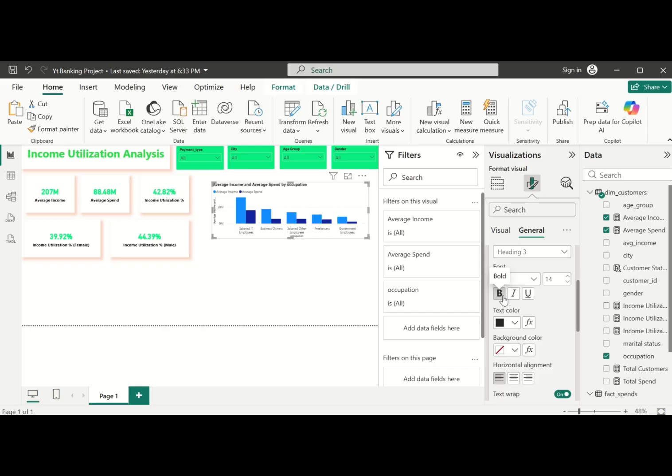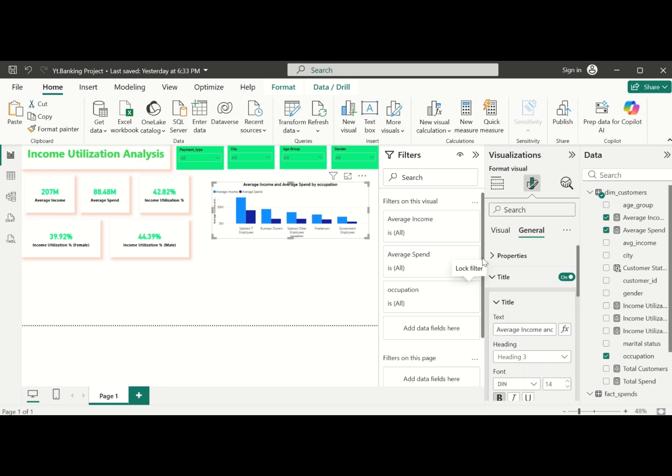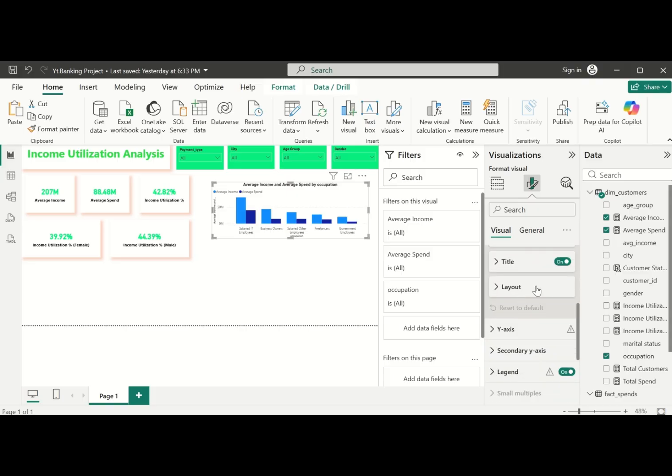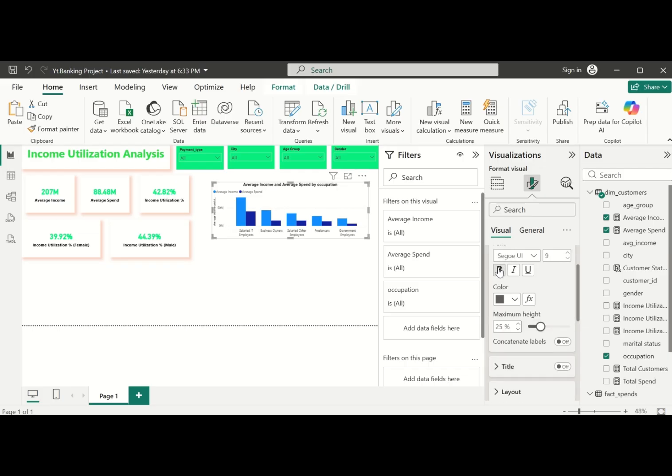After that you'll come to this title for employee, for this occupation. We're going to remove it, so x-axis remove title, and then also make these values bold, and then we change it to dark black, and then we also remove this title, the average income and the average, that is y-axis,